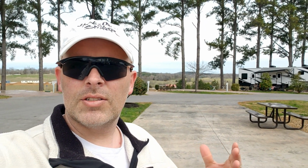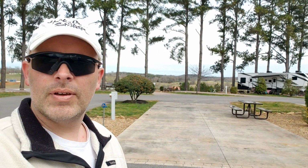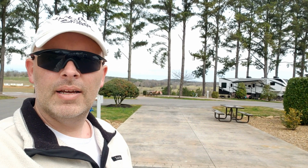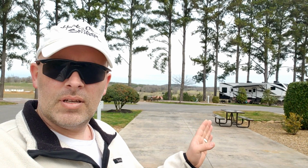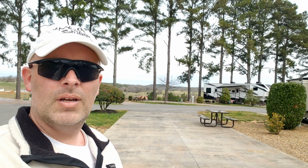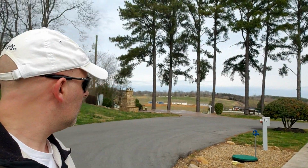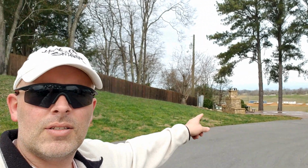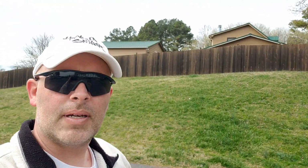I'm standing at the entrance of site 13. Site 13 is a pull-through site. Plenty of space, width for a vehicle and then truck camper side by side. Has the picnic table and burn pit, sewer, all the works. Now beyond those sites, over here is site 12 with the fireplace, and then directly behind me on this side